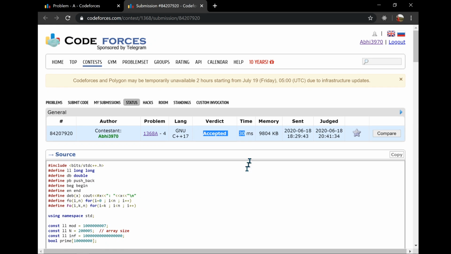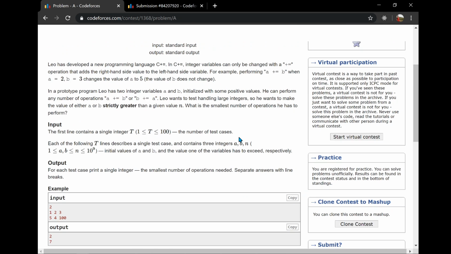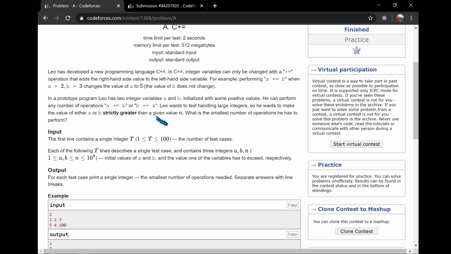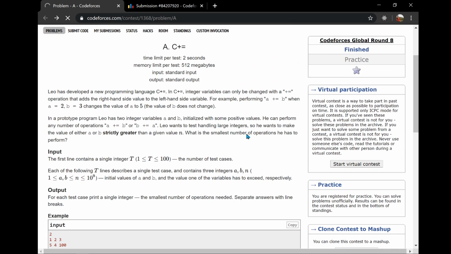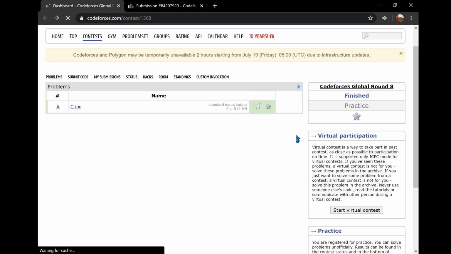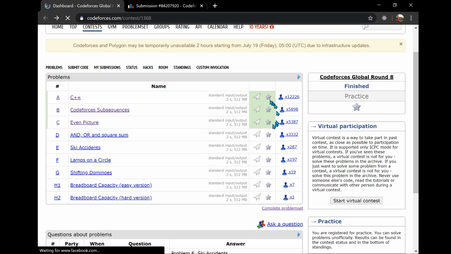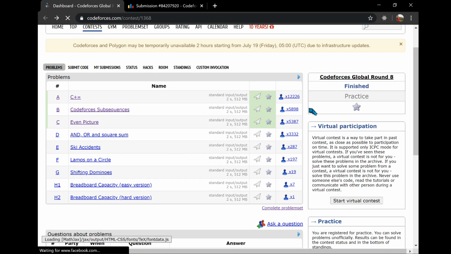So I think this was the solution. The main observation was the zigzag motion. It was really necessary, and I think I was able to explain it. If you have any doubt, you can comment below. I will surely help you. I have also uploaded the solutions of these 3 questions which I was able to solve. I will be going through the editorials, trying to solve more problems and posting more solutions. Thank you for watching, guys.